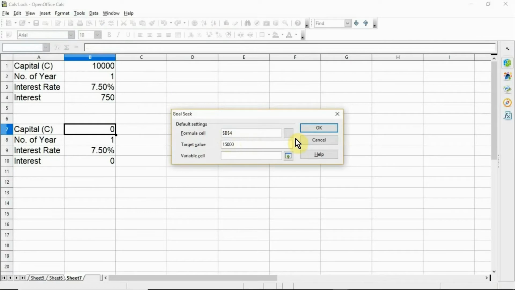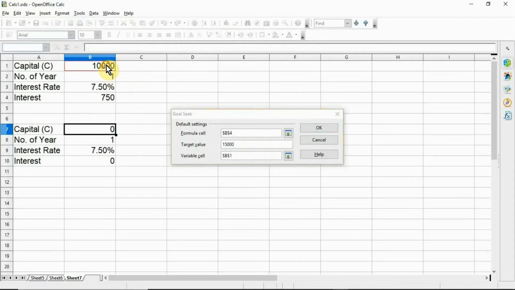Enter the desired result of the formula in the target value field. In this example, the value is 15,000. Then click here variable cell and click the variable cell that contains the value to be changed.